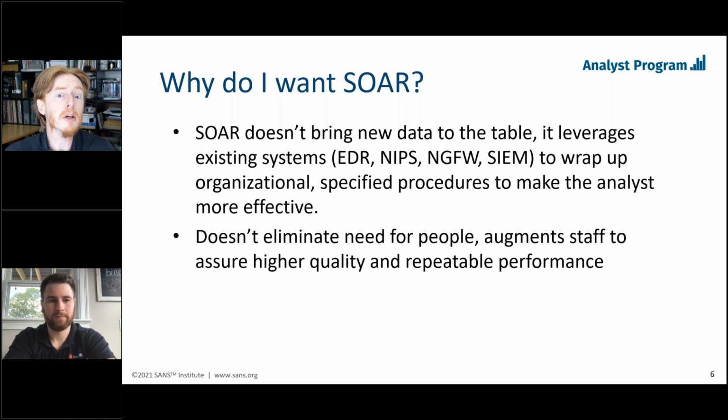Not the case yet. I'm looking forward to the day when we have everything taken care of and all of our needs addressed. It does not eliminate the need for people. What it does is augment the people you already have, to take away the tedium and compel them to higher order thought. That's what the tool is intended to do.